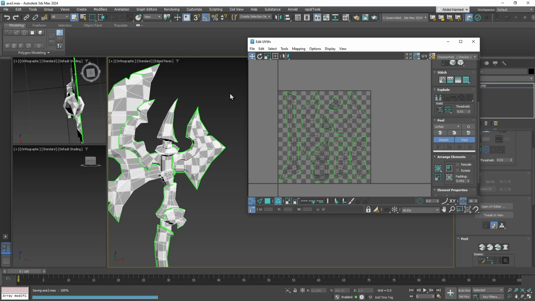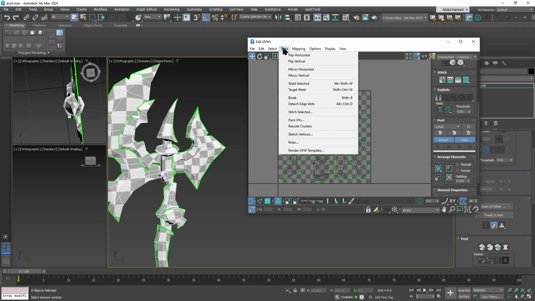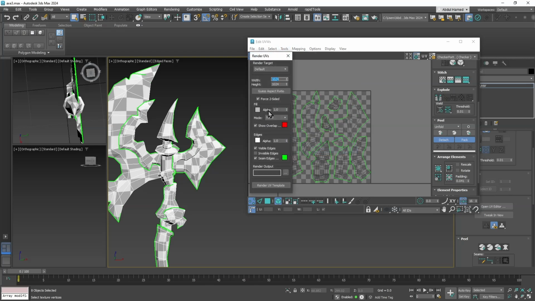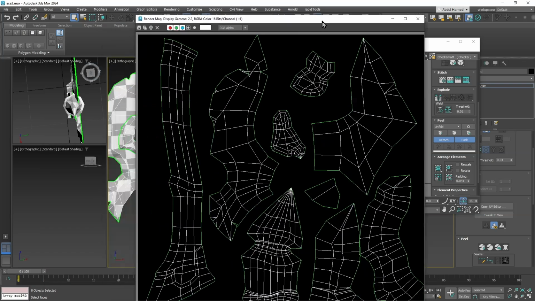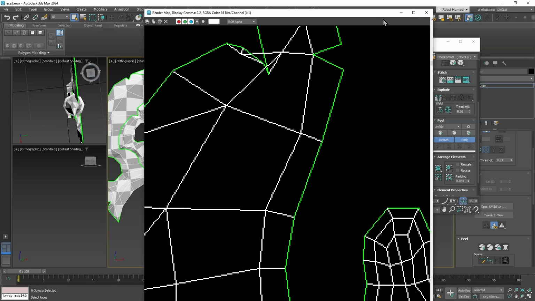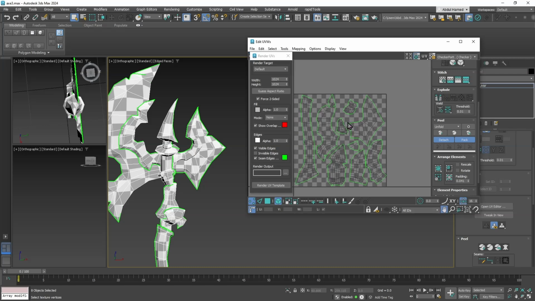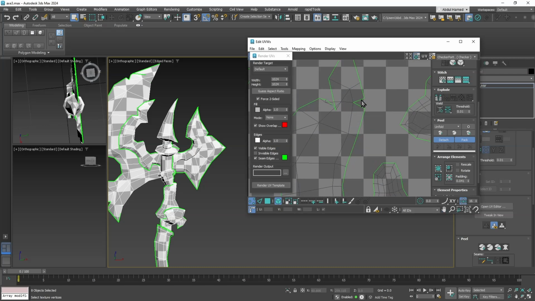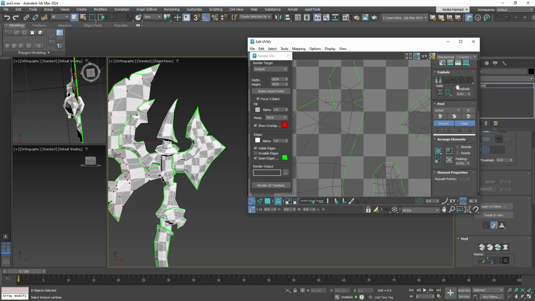So we'll save the file, and what we want to do now is render a UVW map. So I'm going to stick with 1024 by 1024. So right now here this is not well relaxed, so let's select this one and let's do